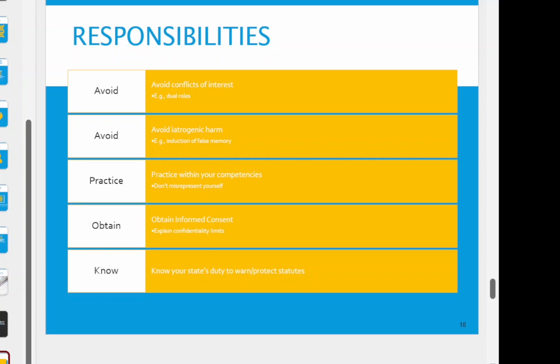Again, we need to make sure that we are working squarely within our area of competence. If we work outside of our area of competence, this is something that we absolutely should not be doing. So a few ways that we can keep ourselves in check: self-awareness is going to be key. As a forensic psychologist, we must first acknowledge when a particular task, assessment, or issue falls outside of our scope